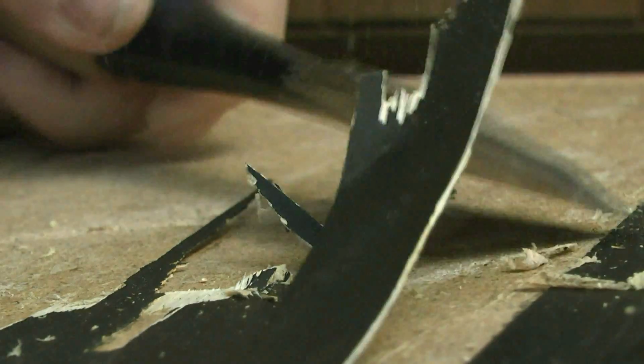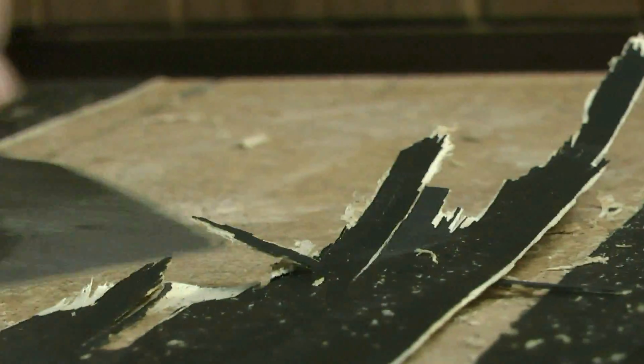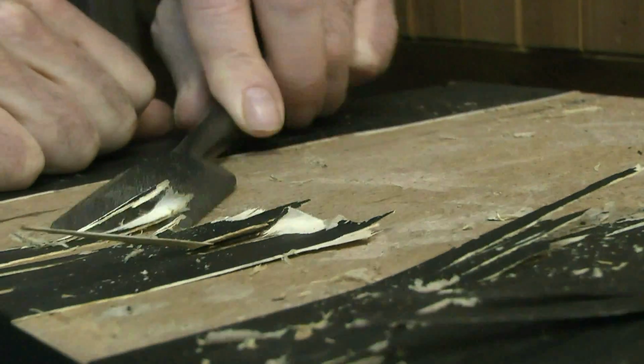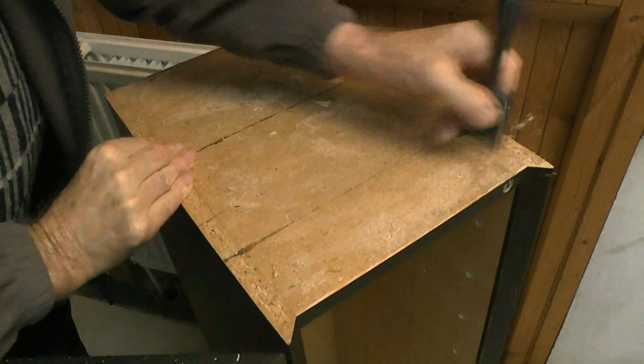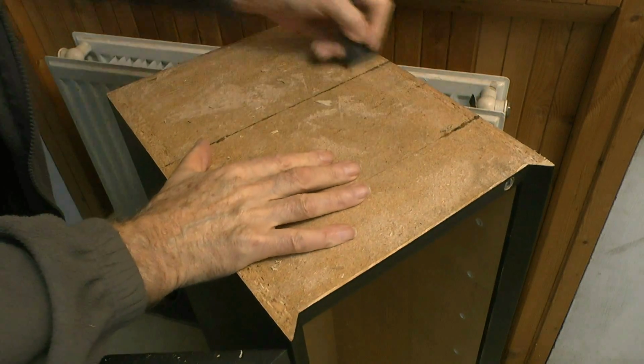Incidentally, I purchased this lovely Japanese chisel especially for the repair job. I didn't have a wide chisel to hand and, well, it's a feel-good factor and it looks good on film, I hope you'll agree. Now, an impact glue shouldn't really be used for wood veneer, but I did and it